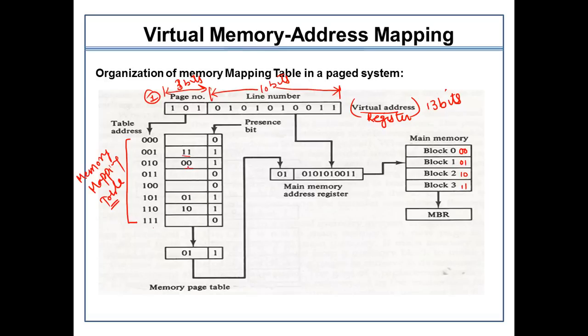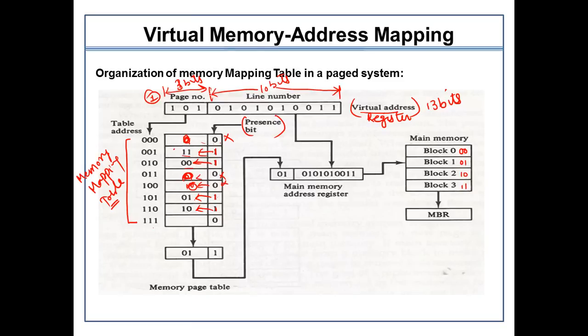So all this data has been placed here, and these are the presence bits. If the value is 1 here, only then does it mean that the corresponding block value is available. If the value is 0 and I am putting some data here, these values cannot be considered. Only the presence bit depicts that the data is present. Otherwise, if it is 0, the data would also not be available here. Okay, so this is the point.